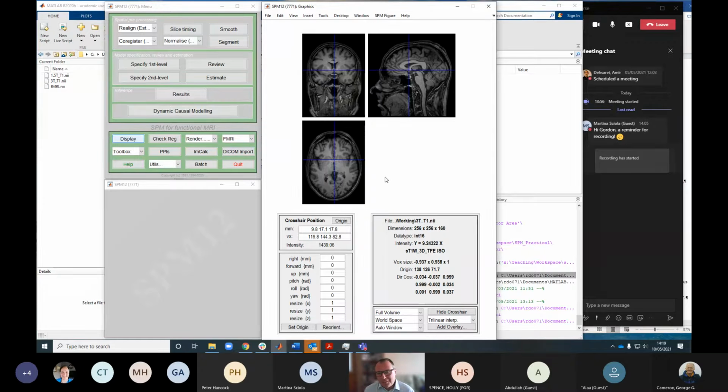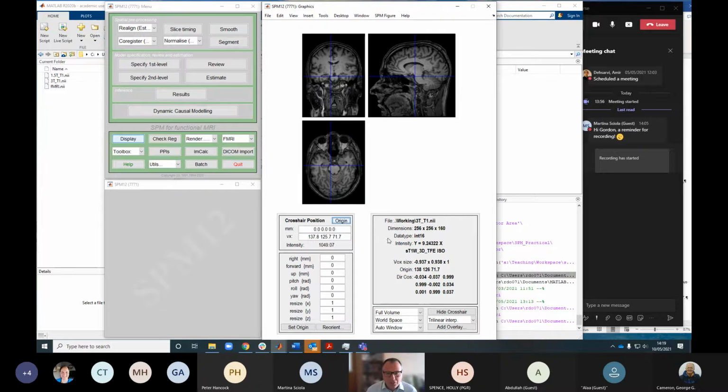And by that, I mean that if you display an image, it will do its very best to display it in the correct orientation and have the image in the middle of the boxes that you can see in the window. That doesn't mean that the origin is in the right place. You can still have a very nice image, but the origin can be down in the bottom left-hand corner somewhere. So it's always useful just to double check where your origin is, and if it's not in the right place, you can,